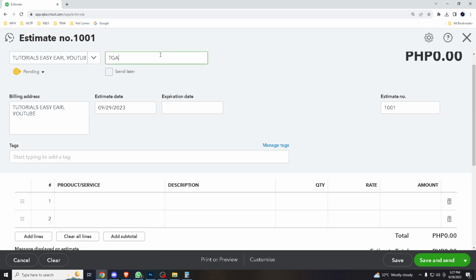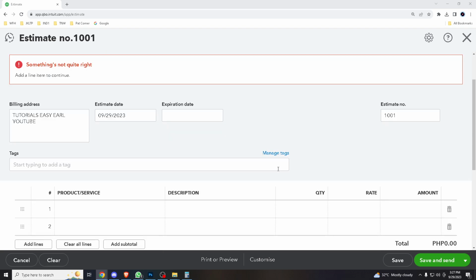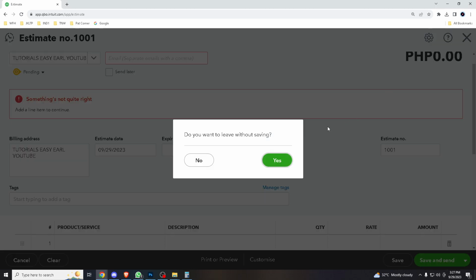All right. How about this one? Something's not right. How about this one? It's not going through, but in summary, creating estimates in QuickBooks Online offers numerous advantages, including improved professionalism, accurate